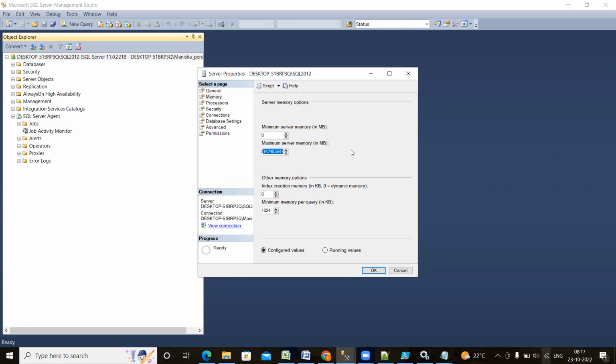It does not start at that value. Actually, min server memory means it will not go below that point. It will start from 0 only, but it has to come down to this point only. Correct? If you have given 1 GB, it will not go less than 1 GB. If you restart your SQL Server, it will start from 0 only, but it will not go 1 GB less. Always it will use 1 GB. Correct. And max server memory means SQL Server should not use more